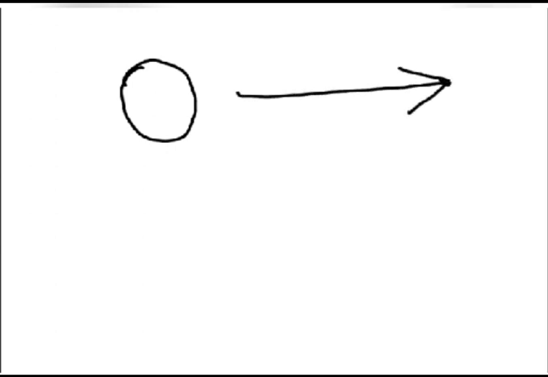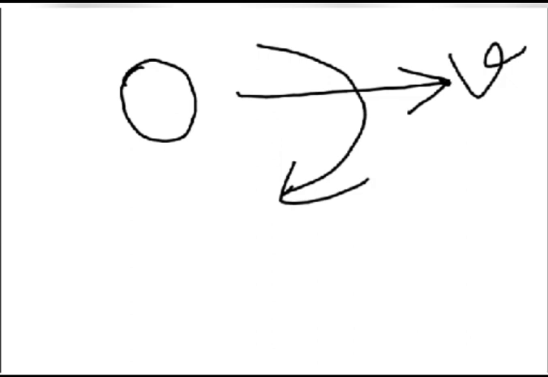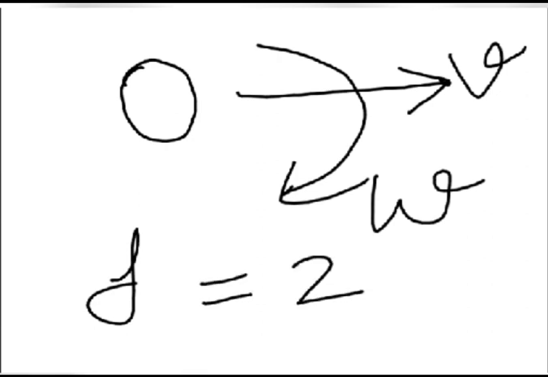Now, if I consider the same atom, but say it is able to show translational movement in this way, and it is also able to show rotational movement in this way. That means it has an associated velocity v with reference to the translational motion, and it also has an associated frequency omega with reference to the rotational motion. Then in such cases, how many degrees of freedom are possible? There are 2 different ways in which it can show its motion and 2 different associated energies. So the degrees of freedom now will be F equal to 2.